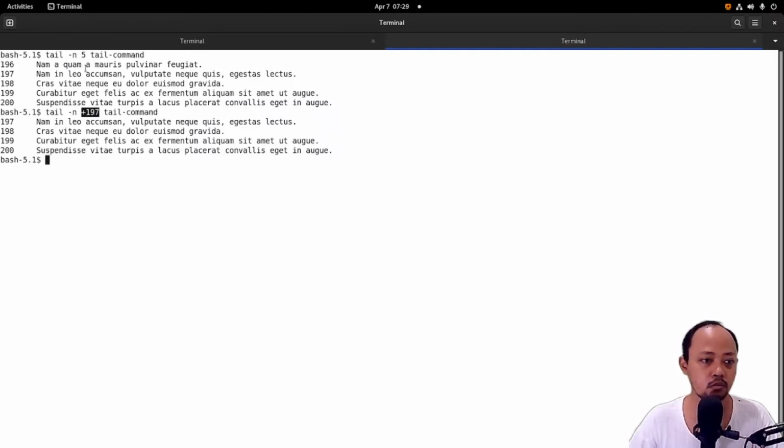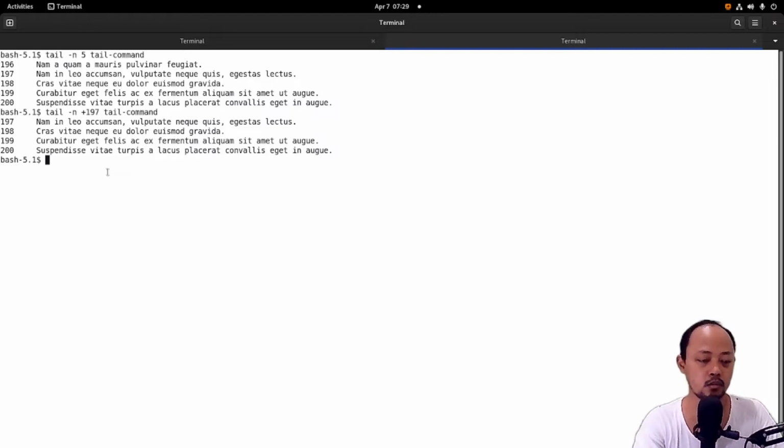It's different from the previous option, which prints the last n lines of the given file, while this one prints starting from the nth line.